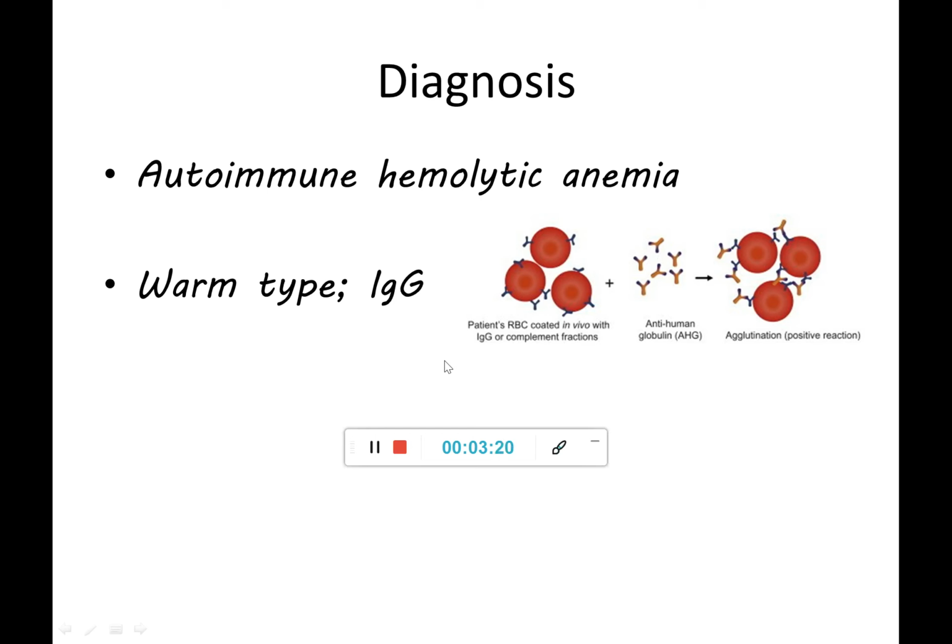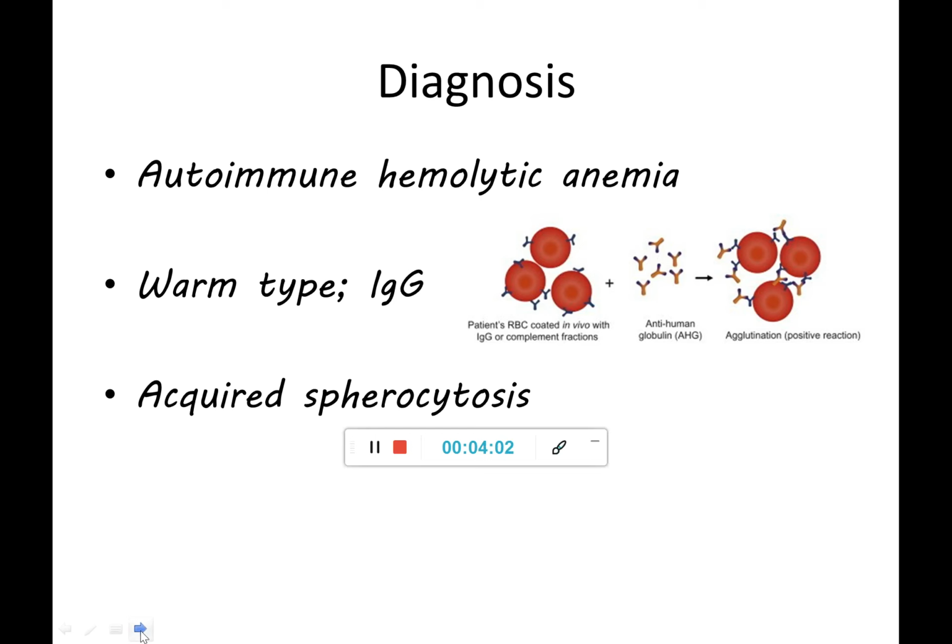So a part of this RBC membrane gets lost, and this can result in spherical transformation of the RBCs. This is what we call acquired spherocytosis, and one of the most common causes of acquired spherocytosis is autoimmune hemolytic anemia. Many of you might know about hereditary spherocytosis, which is an inherited condition presenting with anemia and jaundice. But this is a case of acquired spherocytosis. And please note for your exam, because of this trapping of antibody-coated RBCs in the spleen, the spleen is the major site of destruction, or the site of hemolysis, in these cases.